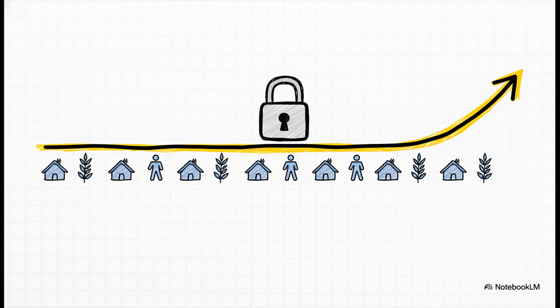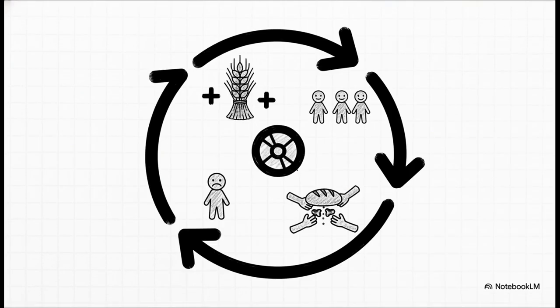And that created a really specific, really frustrating problem. And here's what that trap looked like. So let's say a society gets lucky, has a great harvest, more food for everyone. Awesome, right? Well, not for long. See, more food didn't mean richer people, it just meant more people. The population would just grow and grow until all that extra food was gone and boom, everyone was right back at square one, just barely surviving. Any little bit of progress was literally eaten up by population growth. It was this brutal, vicious cycle. So what on earth finally broke it?